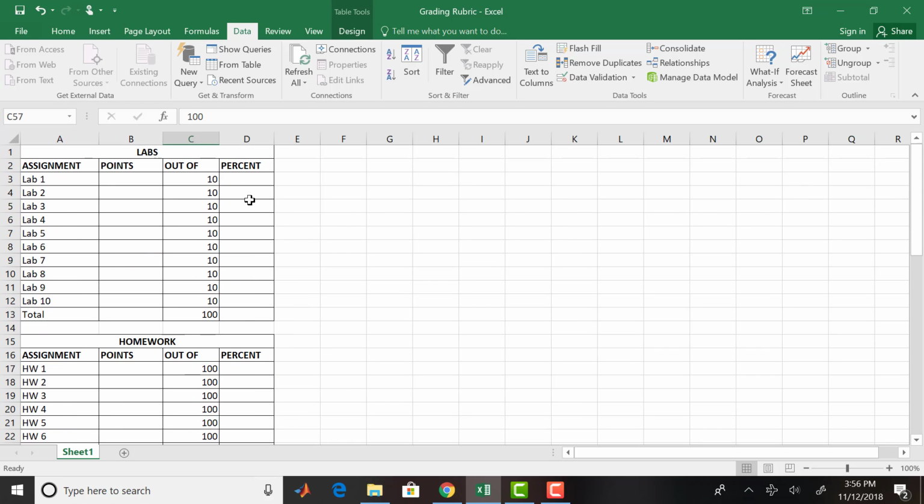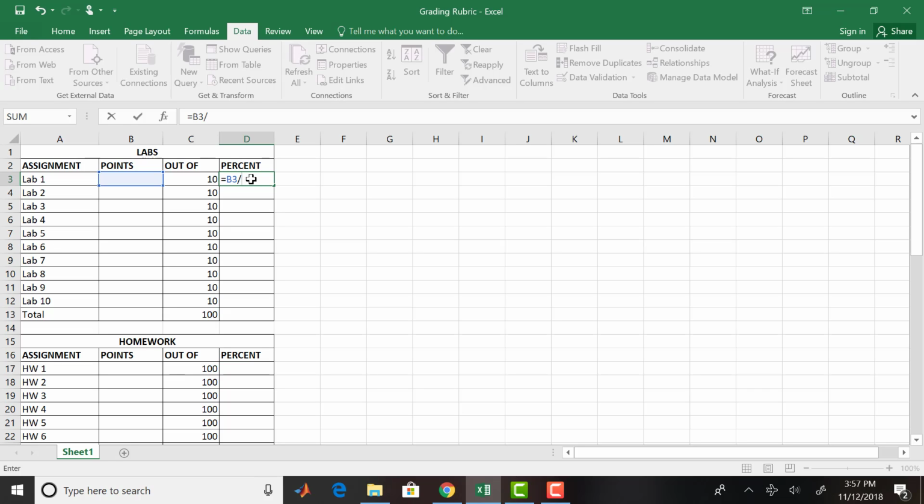To fill out the percentage column, we're going to use cell references. So if, instead of typing in the actual number that appears in the cell, you type in the individual cell, it doesn't matter if the number changes because the cell is referenced and not the individual number. So you want to start in the first percentage column